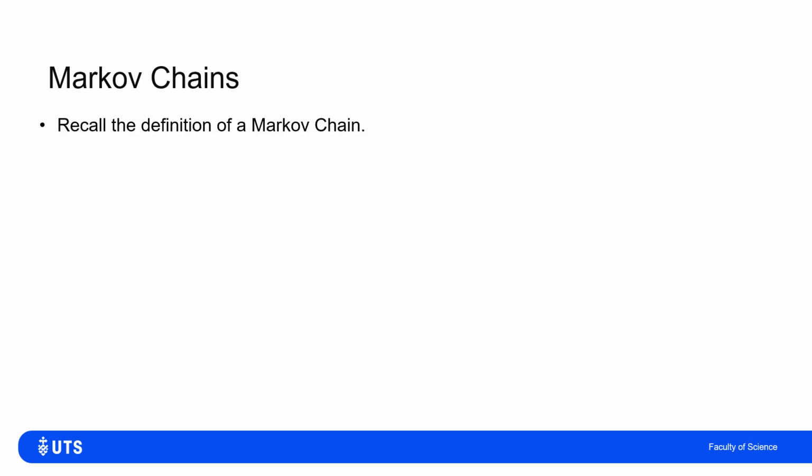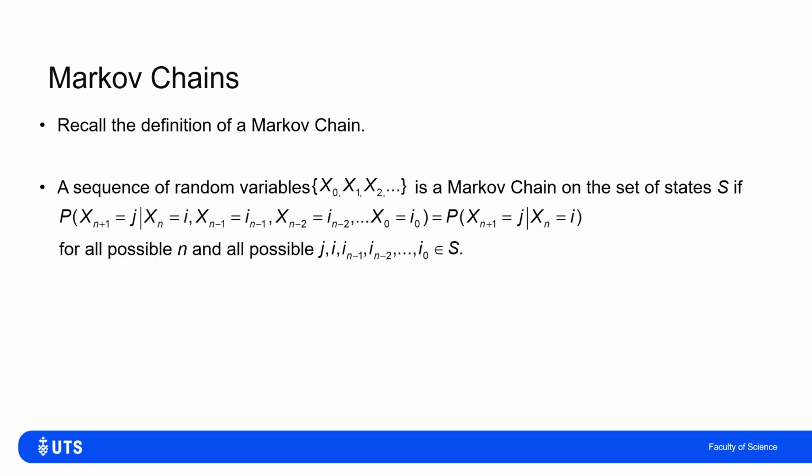Hopefully, at this point, the definition of a Markov chain is something that you've seen before. Now, I'll introduce it just in terms of a little bit more formal mathematical notation. It's a sequence of random variables, call them x0, x1, x2, where the index, the 0, the 1, the 2, indicate some ordering, i.e. x1 is after x0 and before x2,